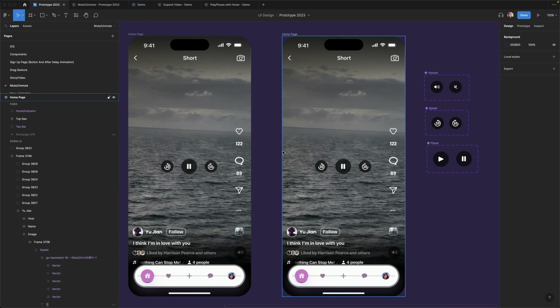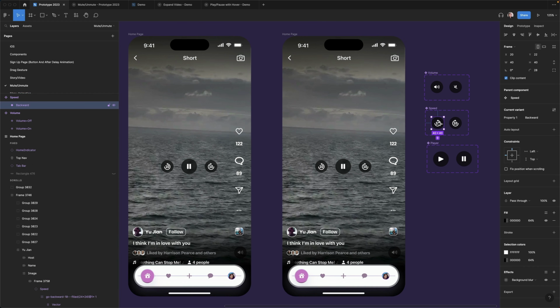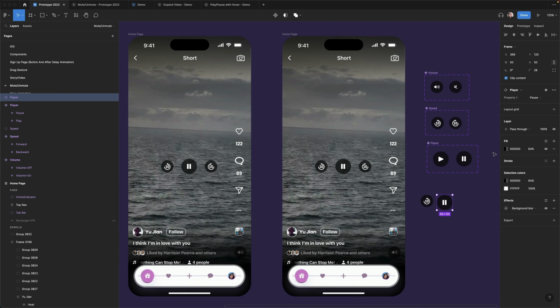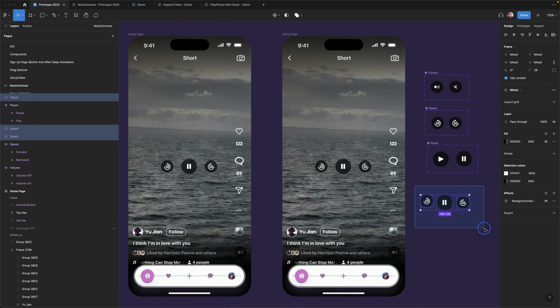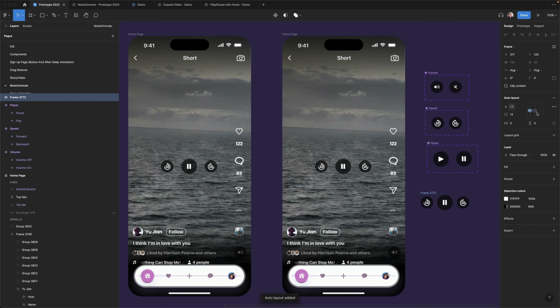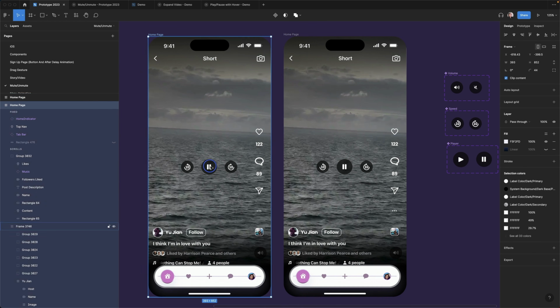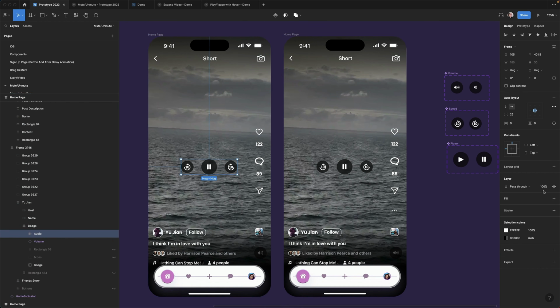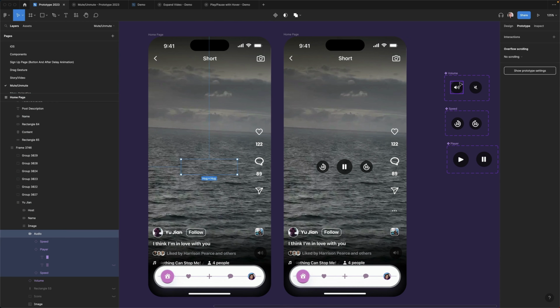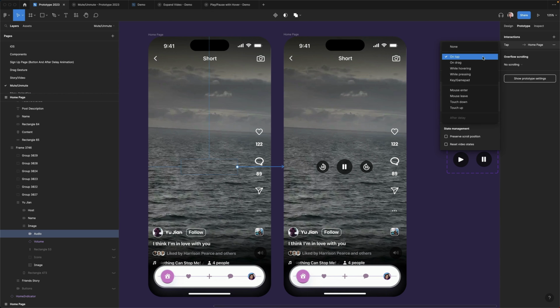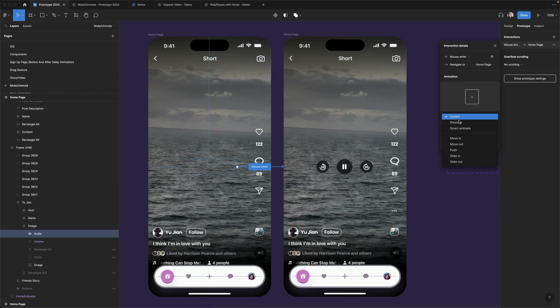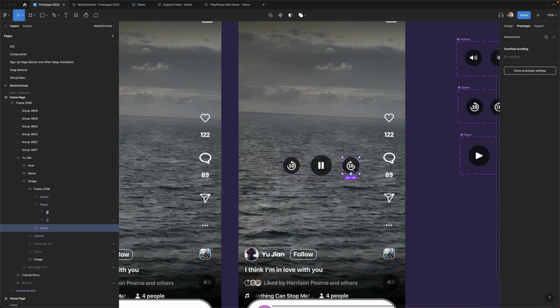So we're going to drag and drop the components, or you can go to the assets. Select them, add auto layout and center, and for this, spacing between items is 25, and drag it into your design. What you're going to do is hide this audio, so set the opacity to 0, and then we're going to connect the hiding audio layer to the second screen. So drag the connection node to the second screen and select mouse enter with Smart Animate.